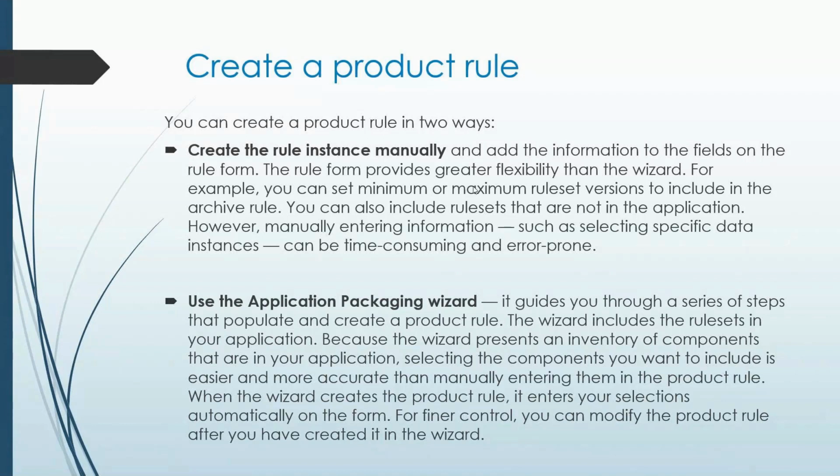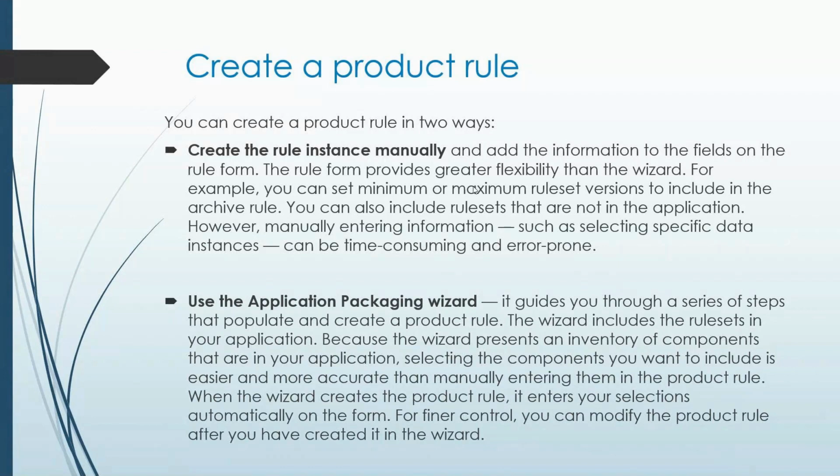Yes, sometimes we may miss out a few rules if we do it manually. Exactly. So when you're considering an entire application, you might miss a few rules. Right? We might forget to add a few rules, and if those rules are really important, the application might not work at all. Right? So yes, it is prone to errors when we create the product rule manually.